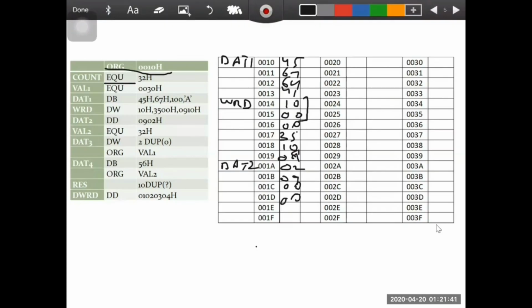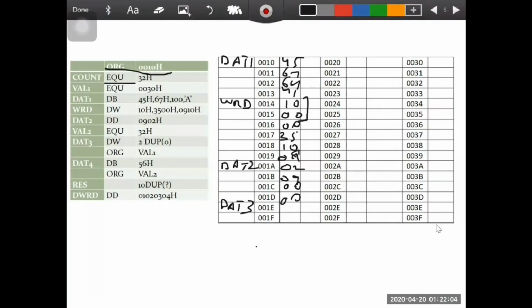After that DAT3. Now what will DAT3 do here? Define word 2 DUP 0. As we have already discussed, DUP indicates the duplicate value. So we have to make the duplicate of 0 at 2 different word memory locations.